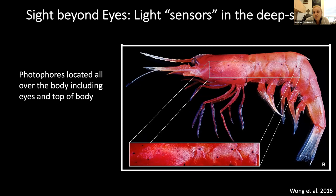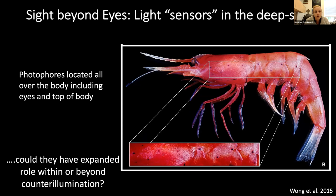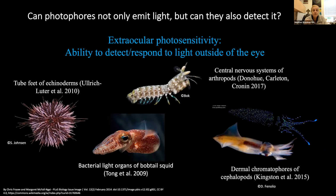So it made me kind of ask this question: are they possibly playing more of an expanded role within counterillumination? And specifically, we wanted to ask this question: can photophores not only emit light, but can they also detect it? And this is the idea of extraocular photosensitivity. And this isn't a new idea in science. It's actually been documented quite a few times in the marine realm. So this term extraocular photosensitivity is the ability to detect and respond to light outside of the eyes. So it's been shown in the tube feet of echinoderms, the central nervous system of arthropods, the dermal chromatophores of cephalopods. But the study that really inspired me was that this extraocular photosensitivity was documented in the light organs of